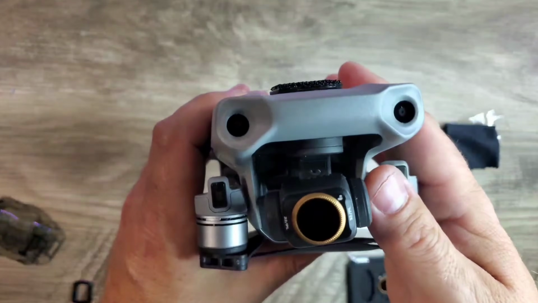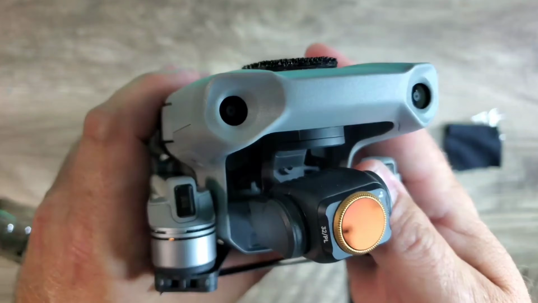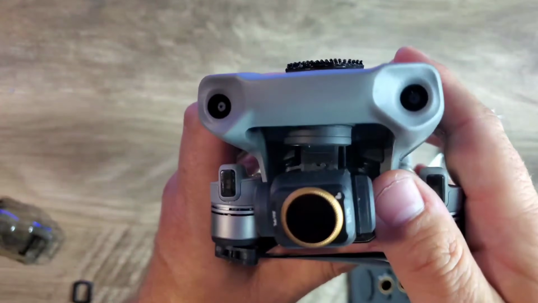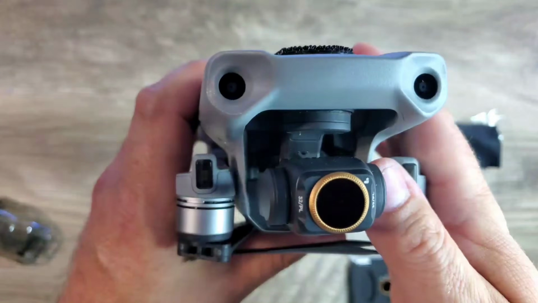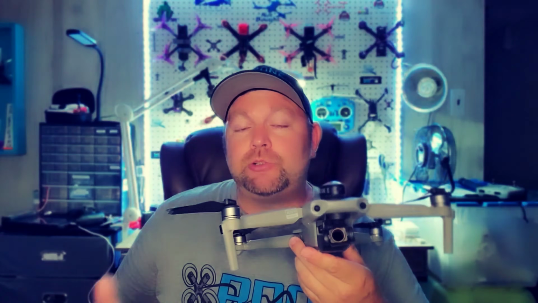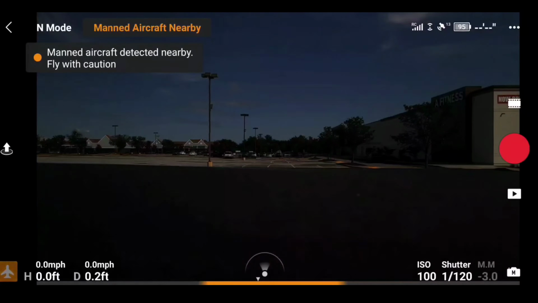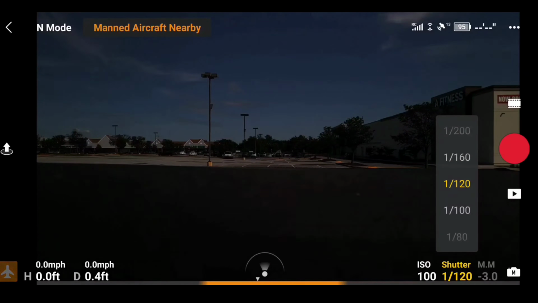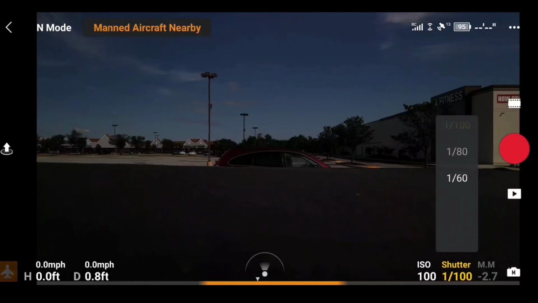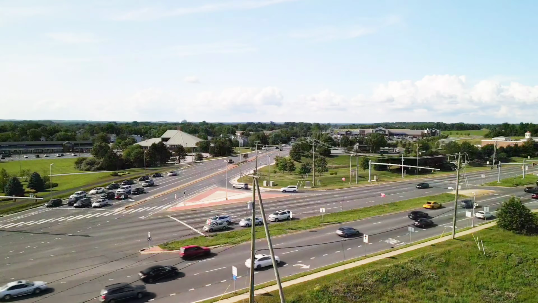It is a neutral density. It is a darkened glass filter that you put on the front, on the camera of your drone, and that darkens the image so that you're able to lower the shutter speed without having it be overly saturated or overly bright. And when we look at the motion blur, take a look when we pause the footage and we look